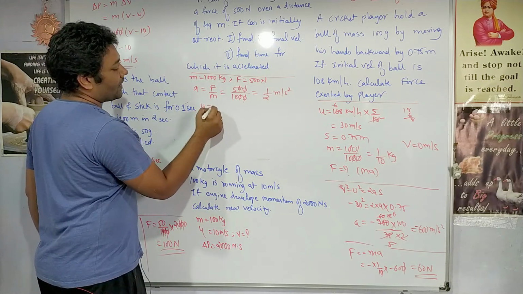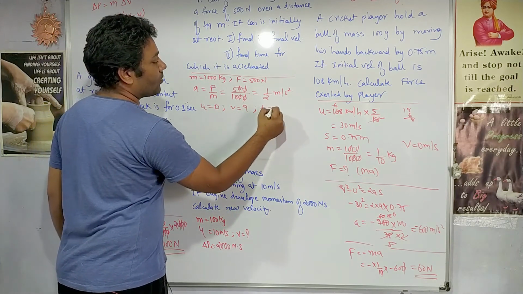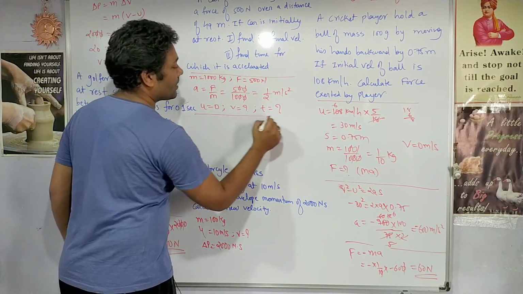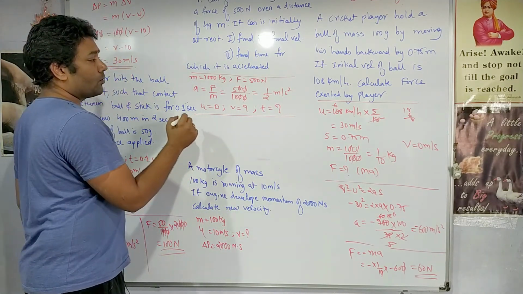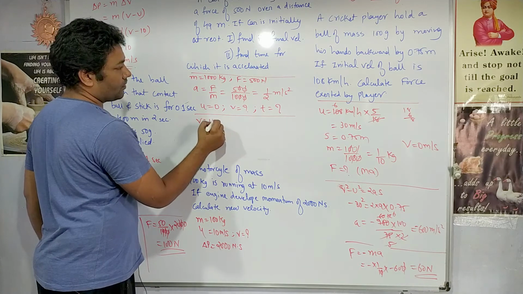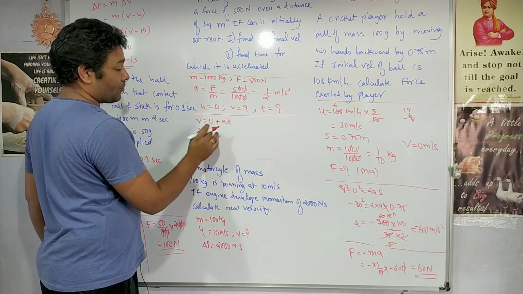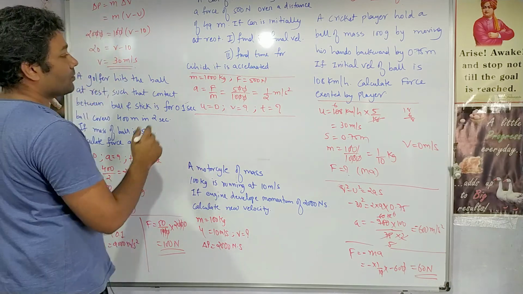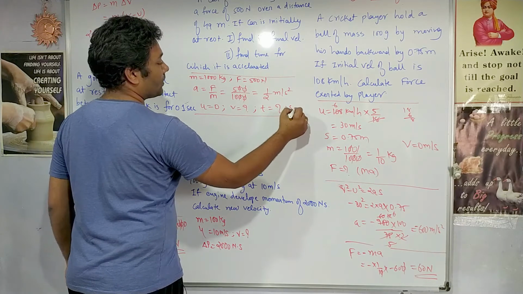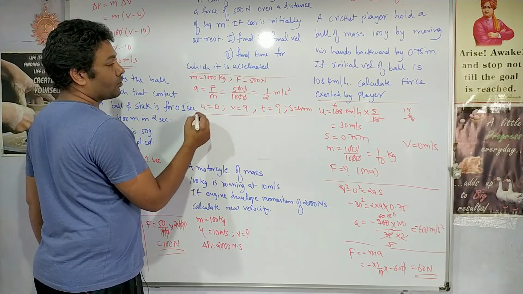The car is initially at rest, and the final velocity and the time for which it is accelerated are to be calculated. So two things are to be calculated. Let us start. v is equal to u plus at, correct? Final velocity we don't know, time also we don't know, so we cannot use this equation. Which equation will we use? Yes, displacement is given to us, 49 meters, so we can use v square minus u square is 2as.